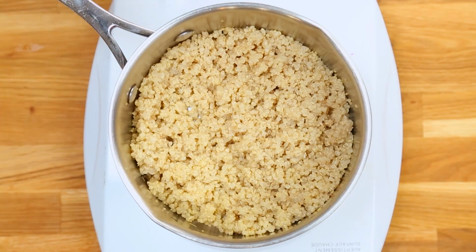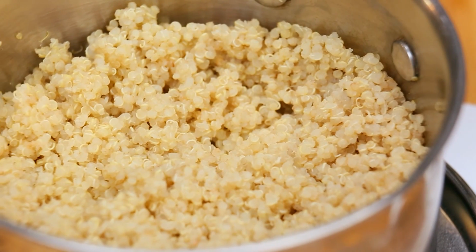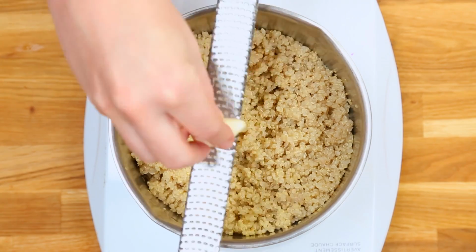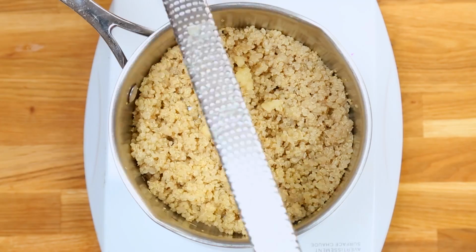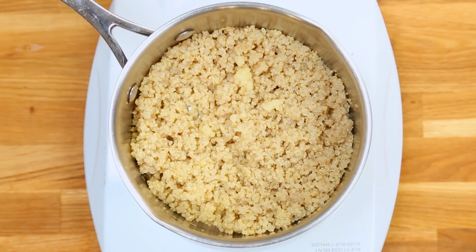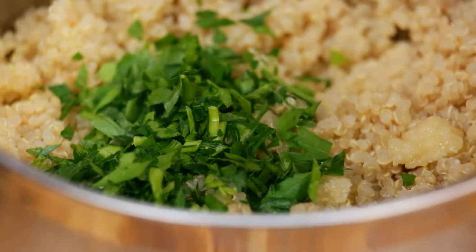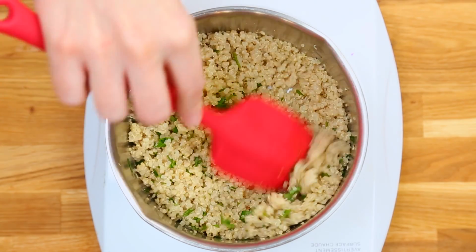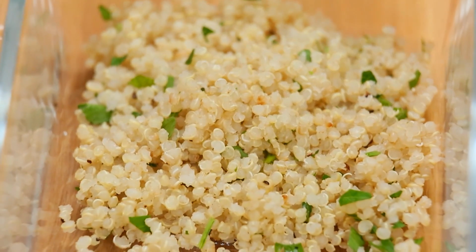Now, if you've never cooked quinoa, it's really simple. It's 2 parts water to 1 part quinoa. You always have the option to use broth instead of water if you wanna add a little bit of flavor. Then to take it a step further, I like to add a little bit of freshly grated garlic to my quinoa, some freshly chopped parsley, and a good helping of salt and pepper. Once that's all stirred together, we can transfer it to the base of our meal prep box and then start